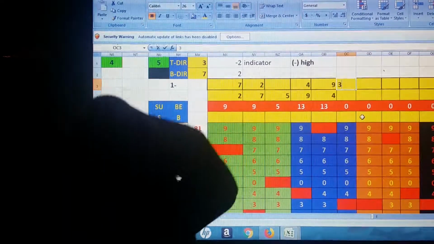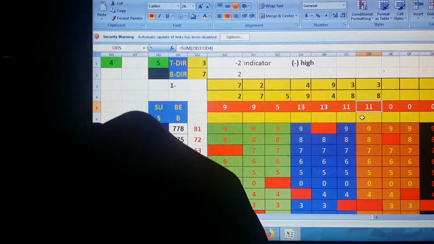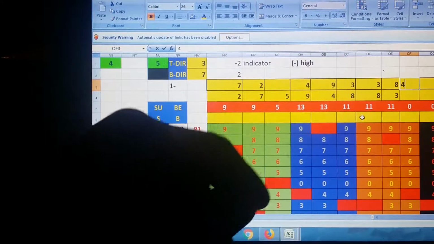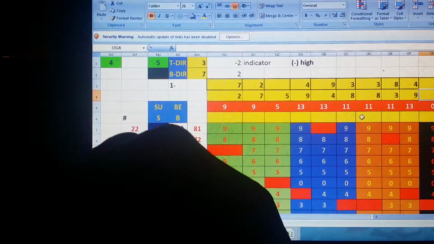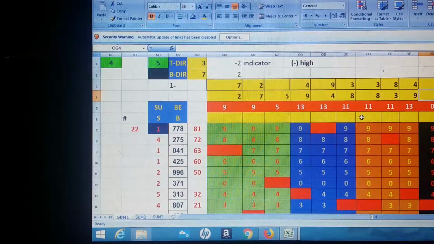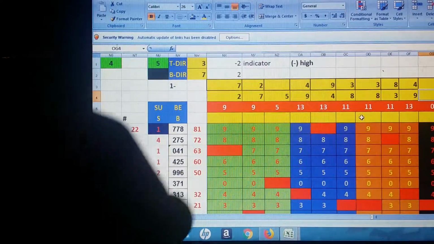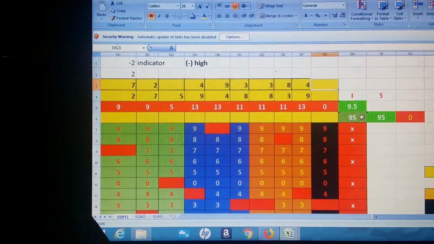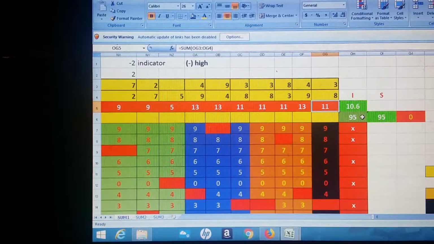We have a 3 and an 8. We have an 8 and the mirror of that is a 3. We have a 4. The mirror of that is a 9. And I was a little interrupted. I'm sorry there. And then, of course, we have a 3, and the mirror of that is an 8. So here we have a moving average of